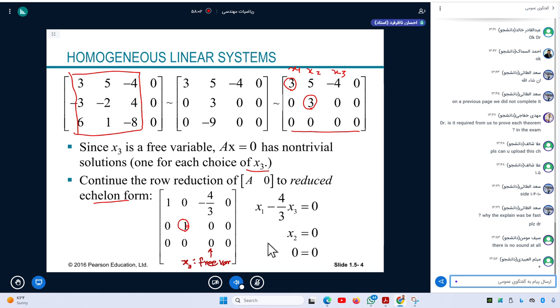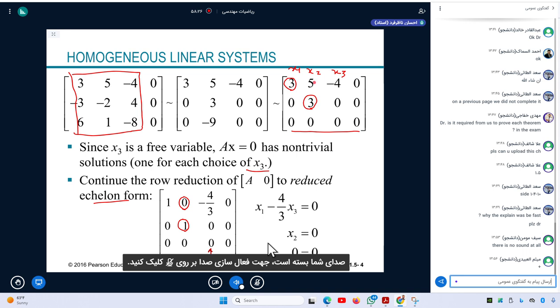And then you can have this one times minus 5 and then add it to the first column, this 5 becomes 0. If you multiply the second row by minus 5 and then add it to the first one, this becomes